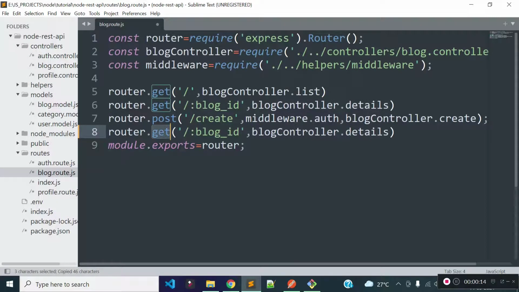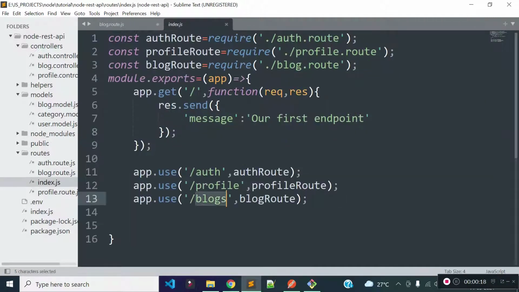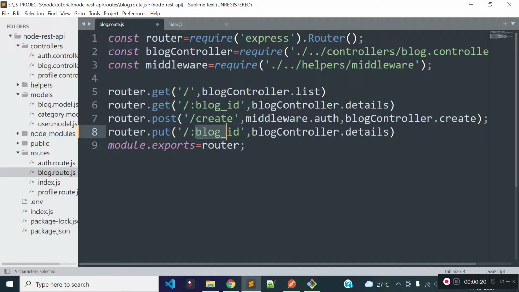Route method will be put and URL will be our base URL slash blog slash blog ID as a route parameter slash update, and it will execute blog controller's update method, and this route should be protected, so I will use this auth module to protect this endpoint so that a user needs to provide an API token through authorization header to update